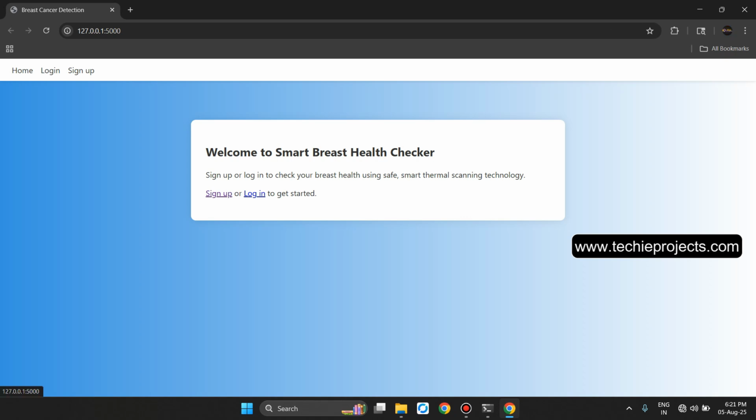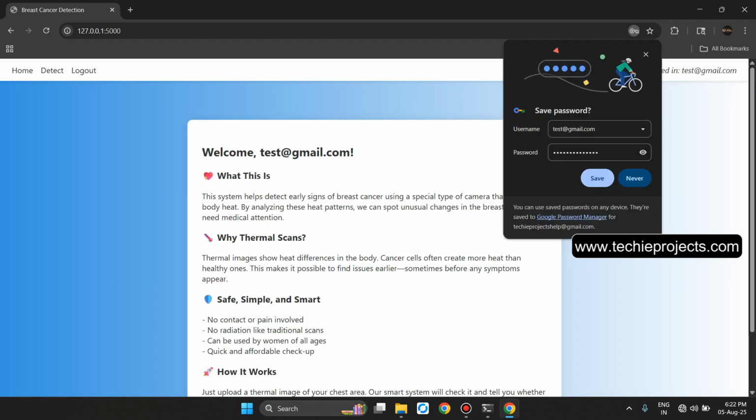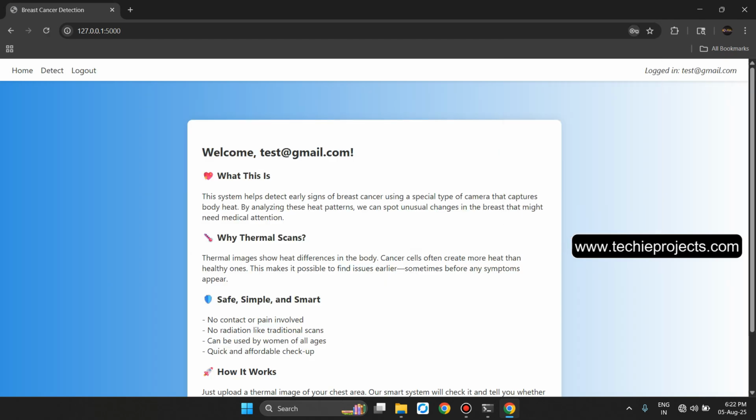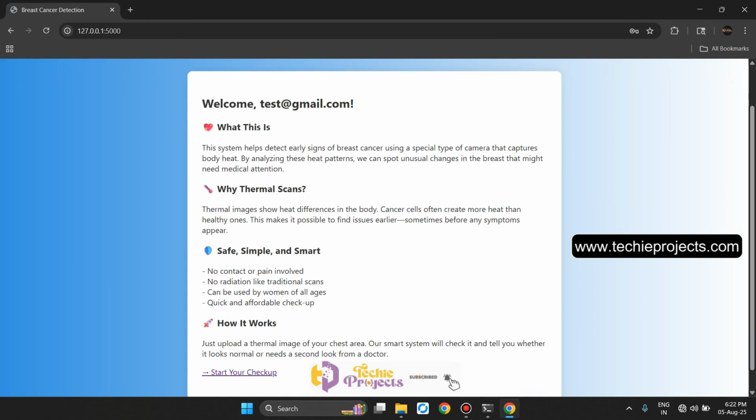Now there are three sections: home, login, and sign up. If you have already signed up, then just click on the login button. Otherwise, you have to sign up. I am entering test@gmail.com, and for the password I am entering the same, and then click on sign up. So welcome test@gmail.com. This system helps detect early signs of breast cancer using a special type of